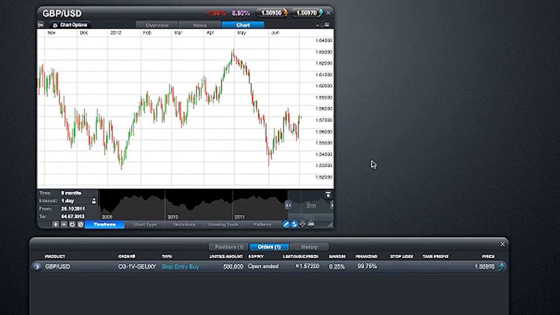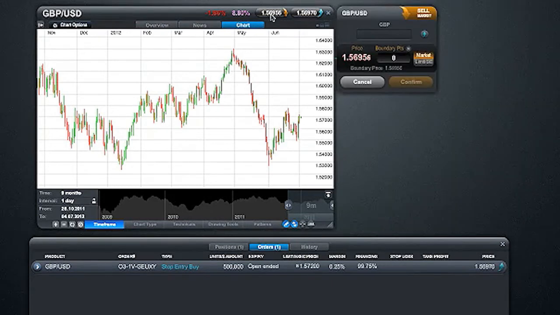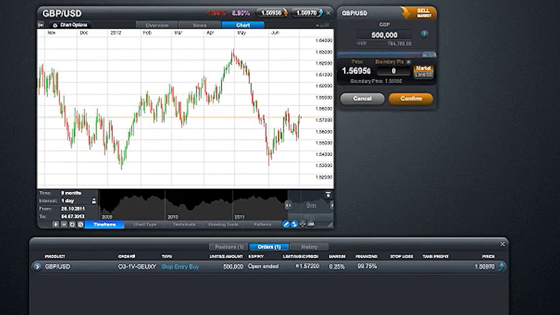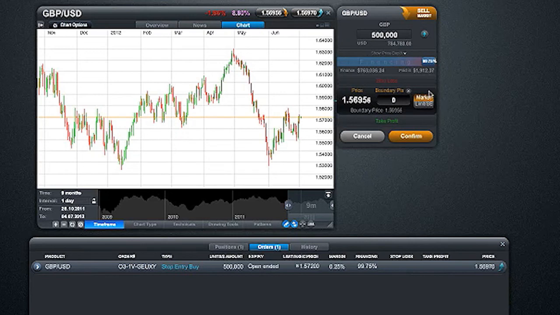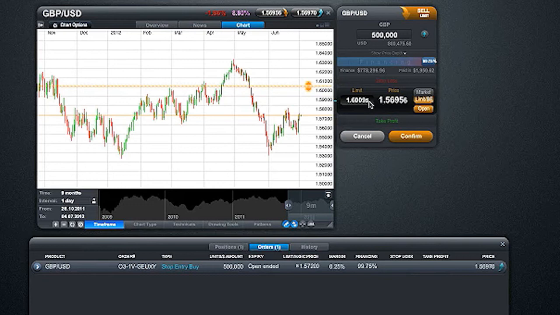To enter a sell order, we do exactly the same thing on the sell button. We bring up the normal order ticket, place in an amount and hit enter. We then change the price from market to limit order. And once again, if we do see a rate cut and if we see stimulus with it, it's very likely sterling will fall. And so we put in our sell entry order below market in anticipation of that sell reaction.